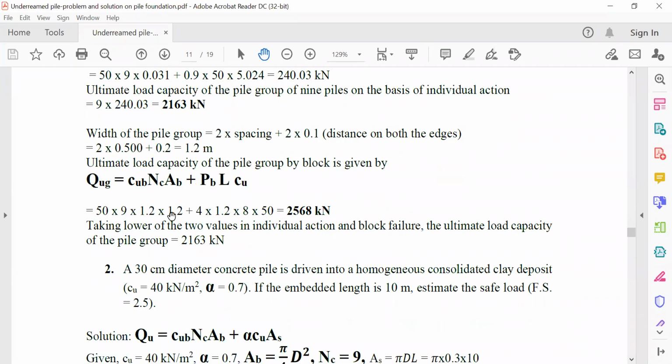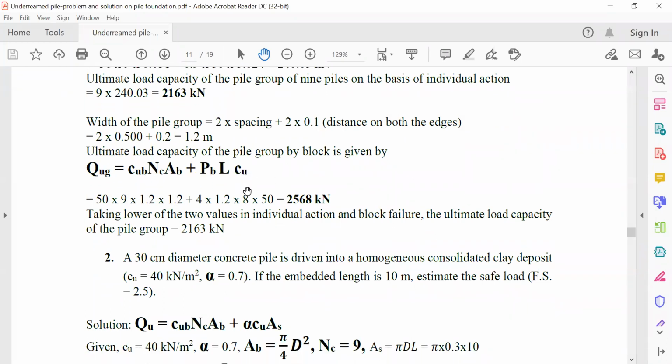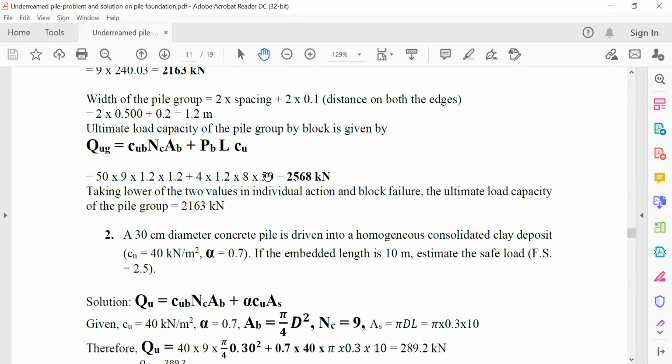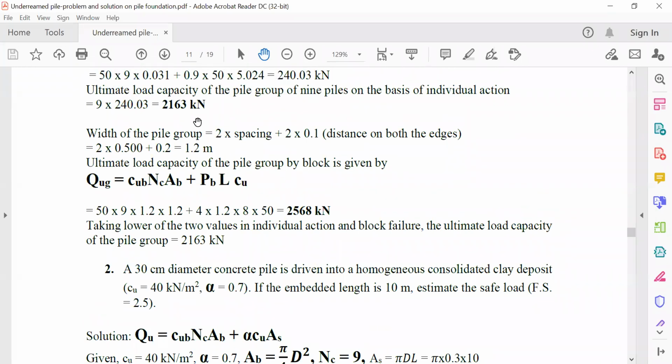This formula we have to use: Cu·b·c·A_b plus P_b·L·Cu. So P is the perimeter of the block, right? And L is the length, and C is the cohesion, which we have calculated, 50, 100 by 2 करके निकाला था हम लोगों ने। So हम लोग निकाल लिया, QG इतना निकाला। लेकिन हम लोग देखते हैं कि दोनों में से जो लोअर वैल्यू है उसको कंसीडर करते हैं। तो सिंगल पाइल के रूप में हमने 2163 निकाला है, और ब्लॉक के रूप में ये निकाला है, और जो मिनिमम वैल्यू है दैट विल बी योर आंसर।